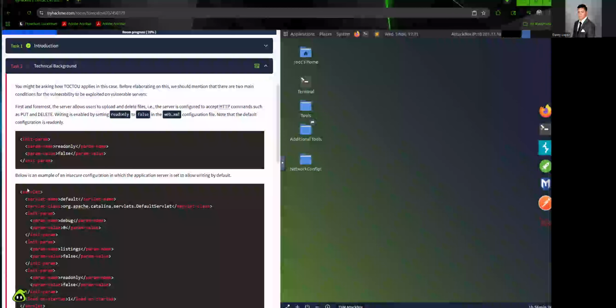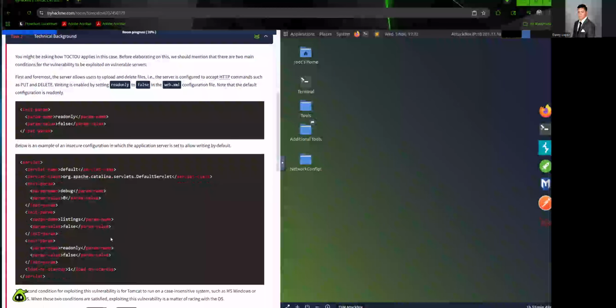And below is an example of an insecure configuration in which the application server is set to allow writing by default. Okay, so let's see here, by default, readonly is false. That means it allows writing.